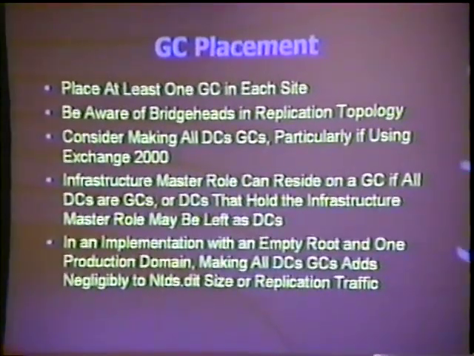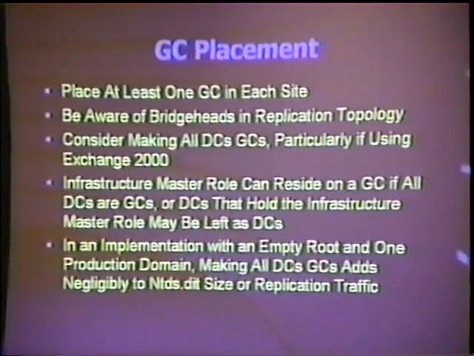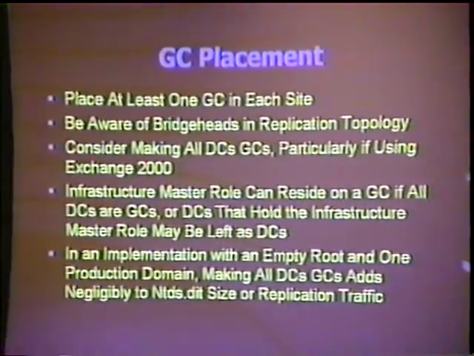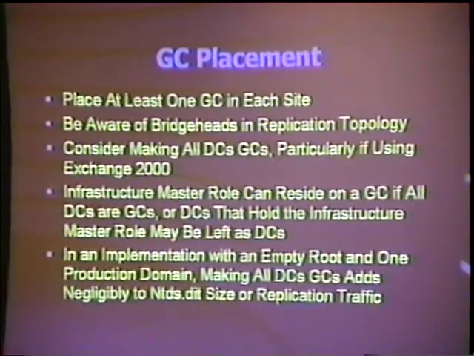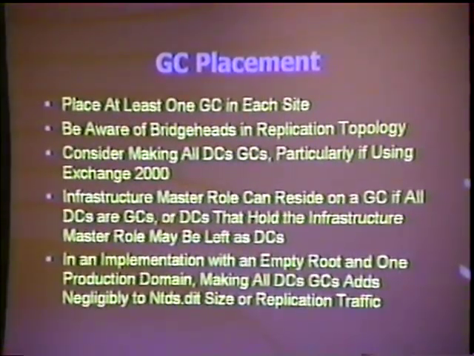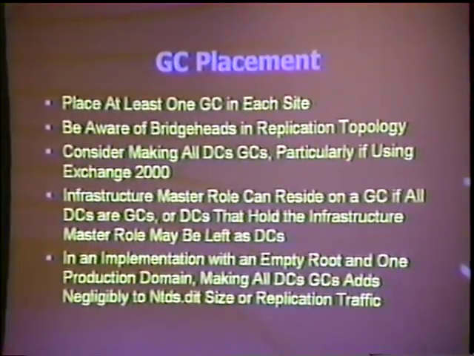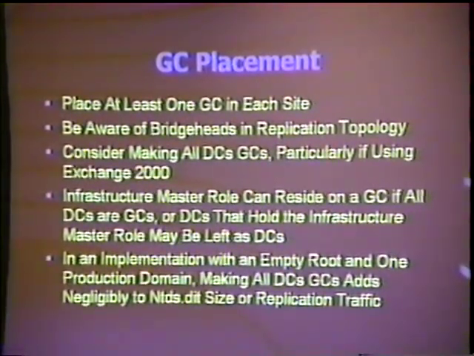Global catalog server placement. Global catalog servers are required for several functions in Windows 2000. First, global catalog servers are queried when you use UPNs to log on. They're also used primarily for LDAP queries when you're looking for resources. Even though the GC may not be the machine that authenticates you, you should have at least one global catalog